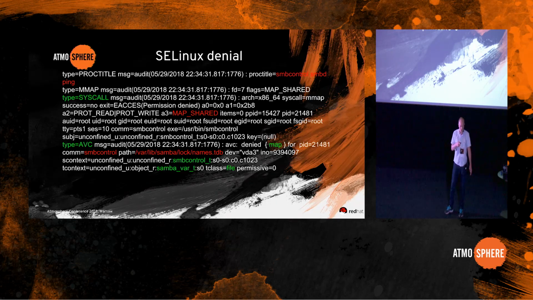Samba uses this SMB control thing for pinging its services, because Samba is a collection of several services, and the whole command ended up with an error, and that's because SELINUX did not allow the Samba control to mmap the names.tdb file.